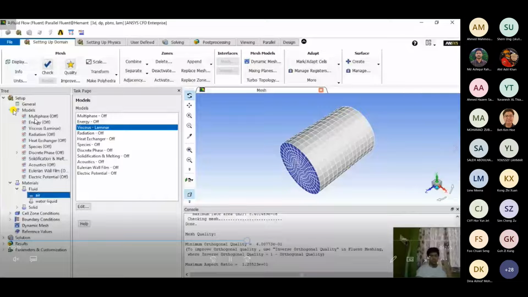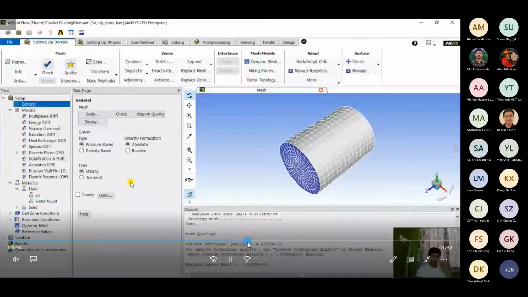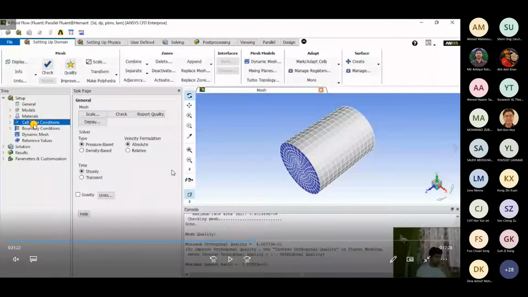Now we'll move on to the next part, which is the cell zone conditions. For now, I'm only dealing with my negative volume, as I want to recap all of yesterday's talk. That is, I'm working with the fluid inside the pipe and not the pipe geometry. So my working fluid will be only a single one, and my cell zone condition will be a single one, that is type fluid.